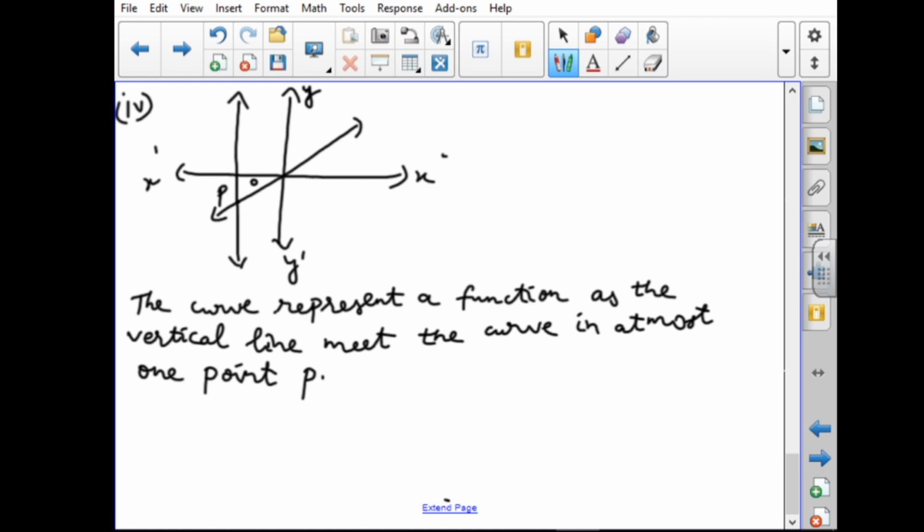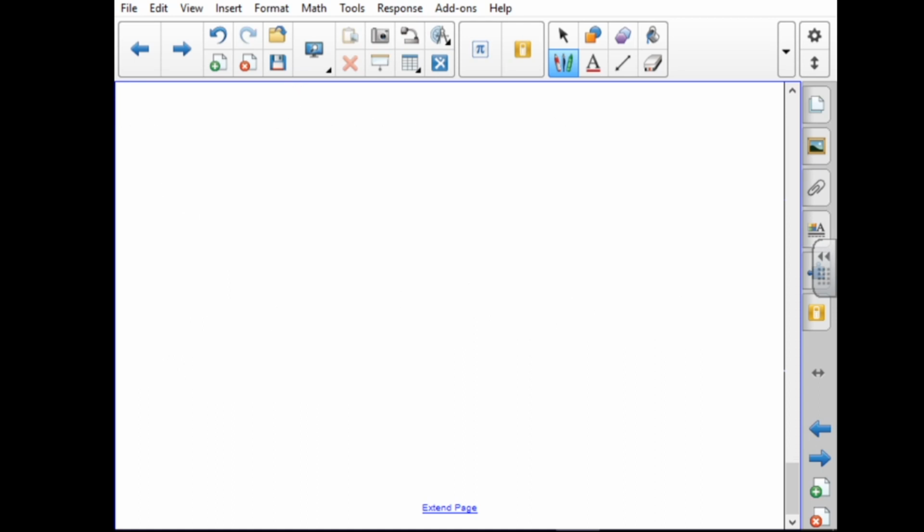Okay. Like that the first sum you have to write like this. First you have to say whether it represents a function or not, then you have to write the reason also. The first one is over. The second sum. How to see the second sum? Let f: A to B be a function defined by f of x equal to x by 2 minus 1, where A equal to {2, 4, 6, 10, 12}, B equal to {0, 1, 2, 4, 5, 9}. We have to represent it in the following 4 ways. First one, set of ordered pairs, table, arrow diagram and graph.